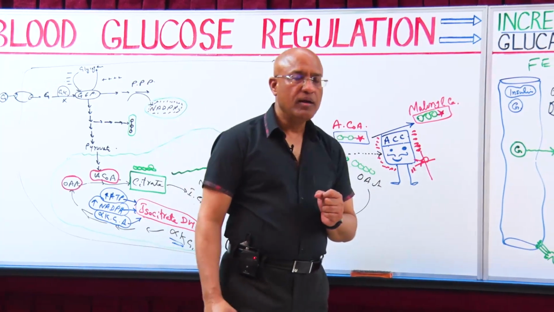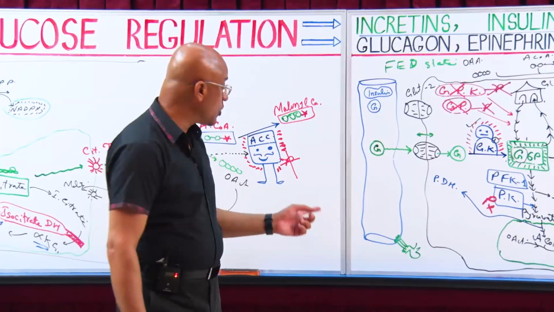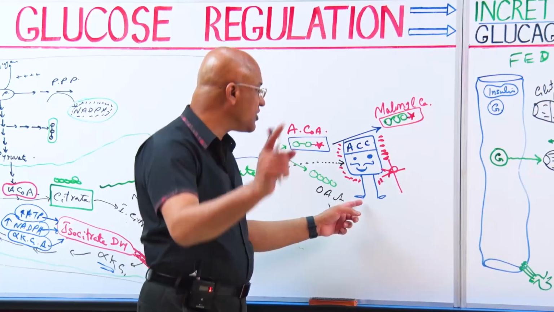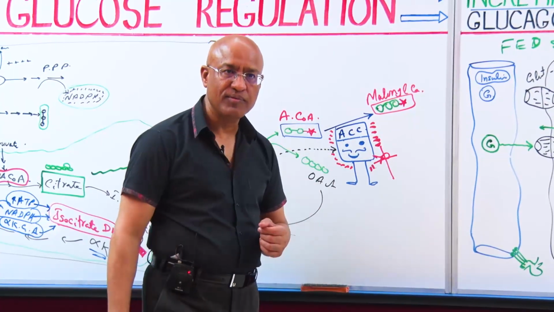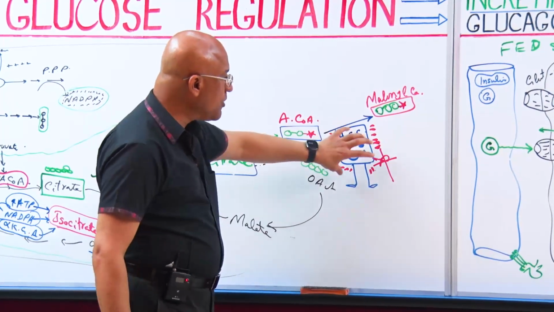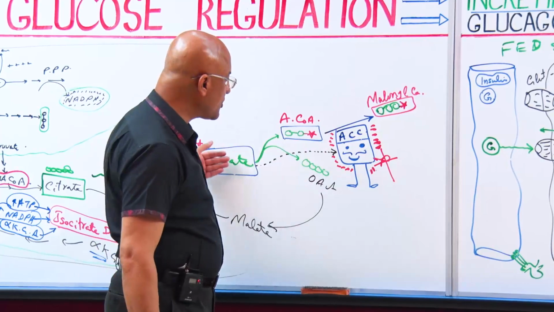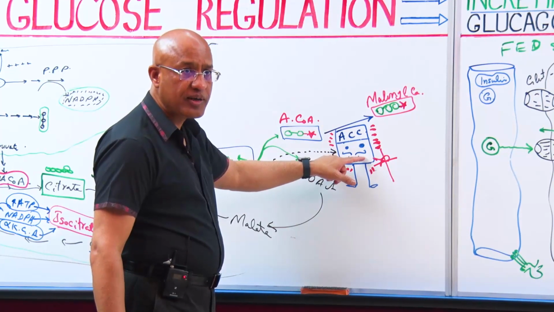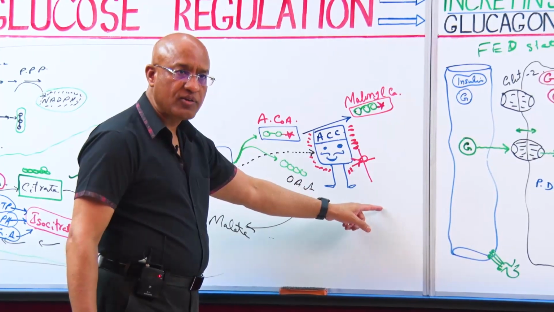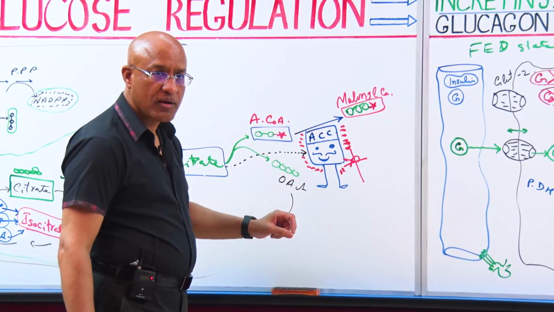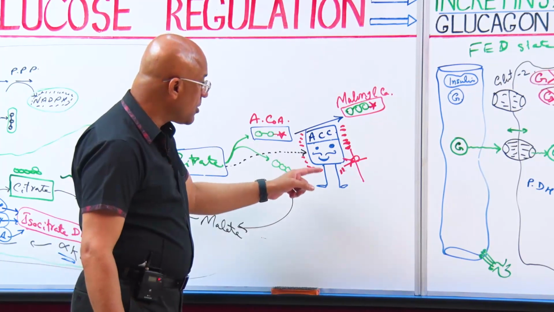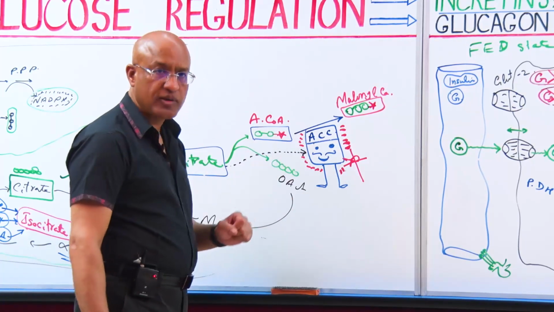Then another thing, insulin also goes to the genes of the cell and stimulates the genes and increases the synthesis of acetyl-CoA carboxylase, right? So it means that this is a very well regulated enzyme: more citrate, more action of ACC, right? More dephosphorylation, more action of ACC, right? Insulin acts on RAS-MAP kinase to the nucleus, more production and action of ACC.